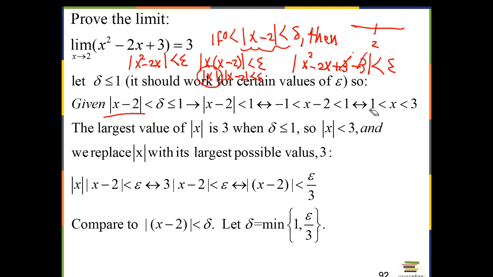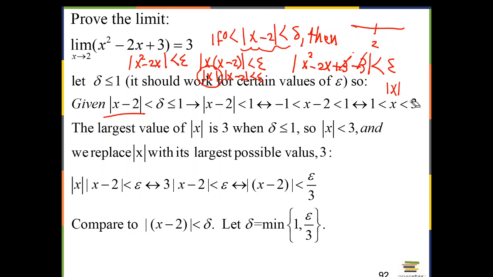You just solve for it, right? Now, if x is between 1 and 3, then absolute value of x will be less than 3 for sure, because all the values x can take are from 1 to 3, and then absolute value of x will be between absolute value of 1 and absolute value of 3,